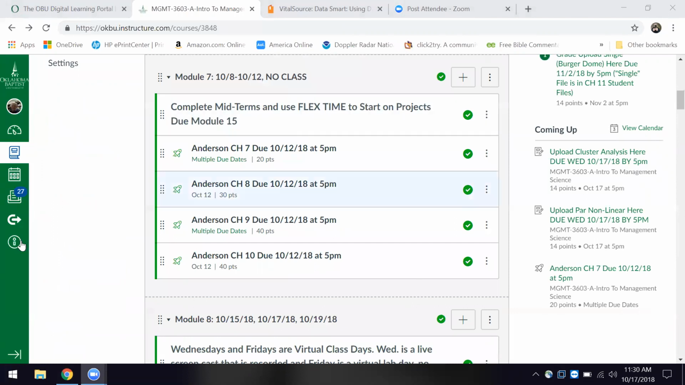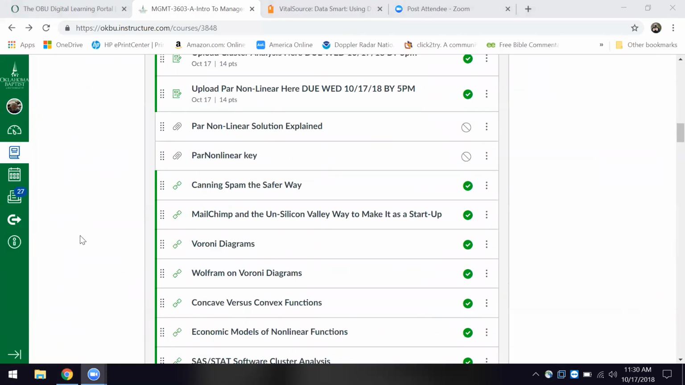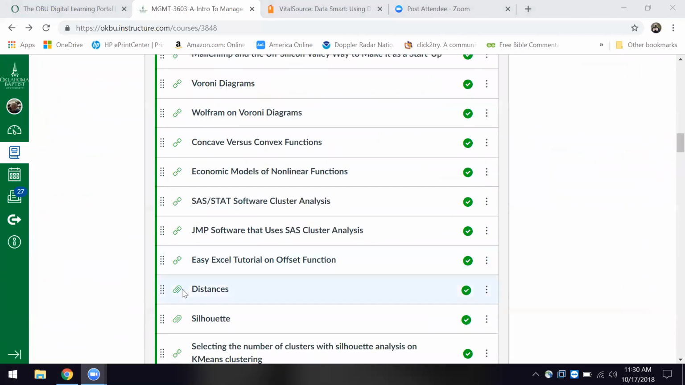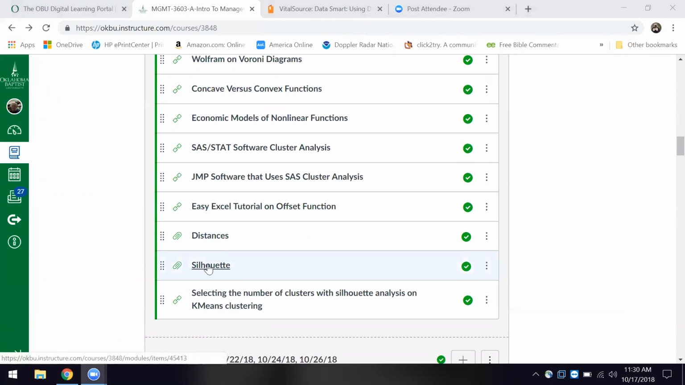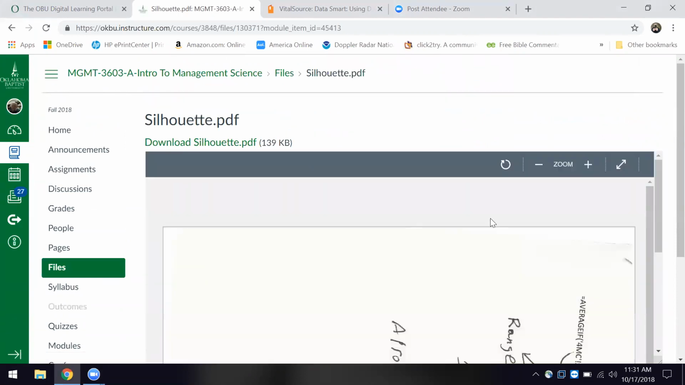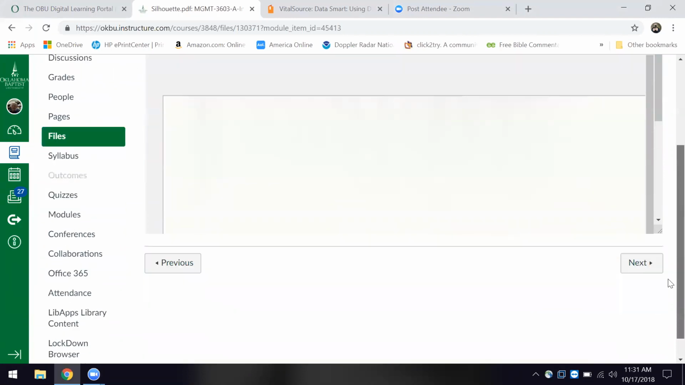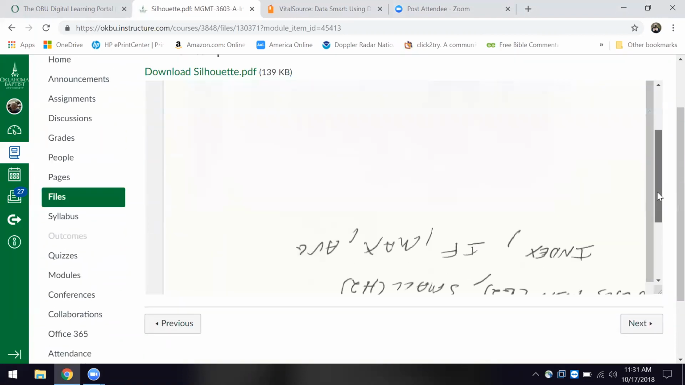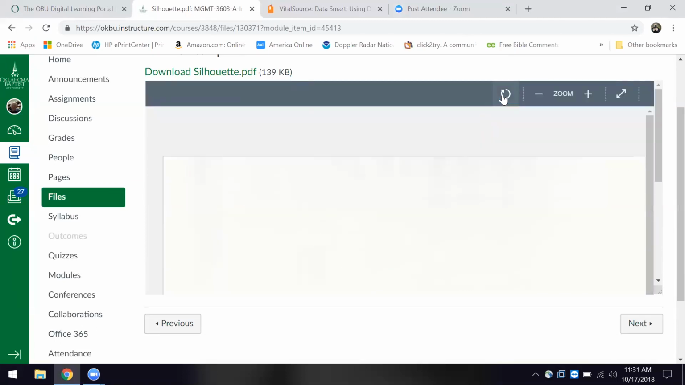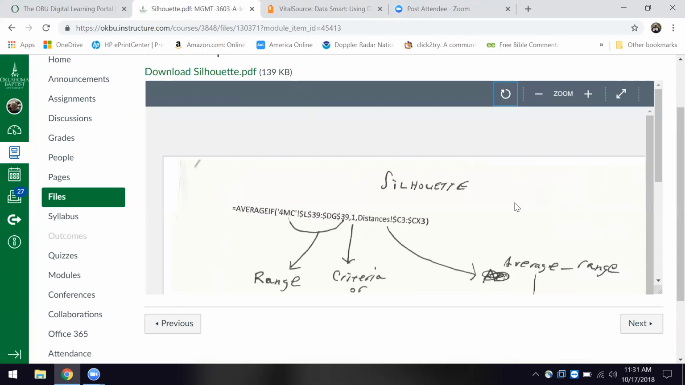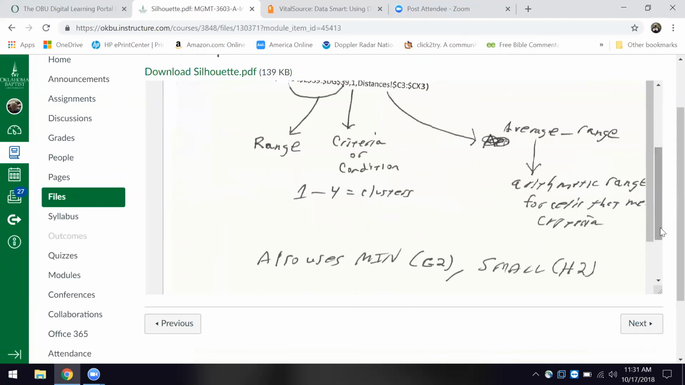Okay. Now, I also provide you with another resource on the distances, pardon me, on the silhouette, because we're going to be looking at that. Again, let me zoom that around for you. All right. Up, and I'll rotate it some more. The silhouette lets us take a look to see distances between clusters,